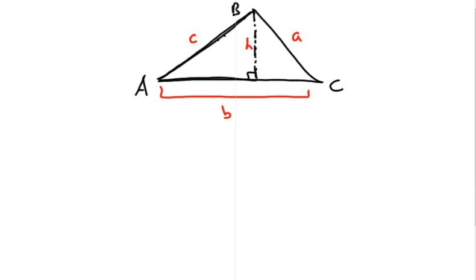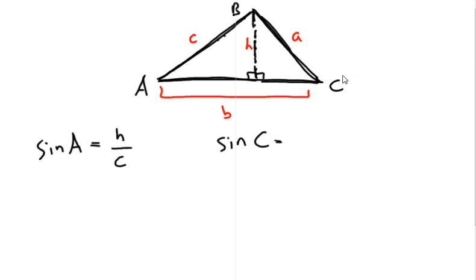What we're going to do first now is focus in on this left triangle, which, what do you know, happens to be a right triangle. So because this is a right triangle, we can talk about the trig ratios. For instance, if I say the sine of angle A, we notice that would be the opposite over the hypotenuse, in which case that would be letter H over C. And at the same time, I'm going to focus in on this right triangle over here on the right, and we can say the sine of angle C would be the opposite over hypotenuse. That would be H